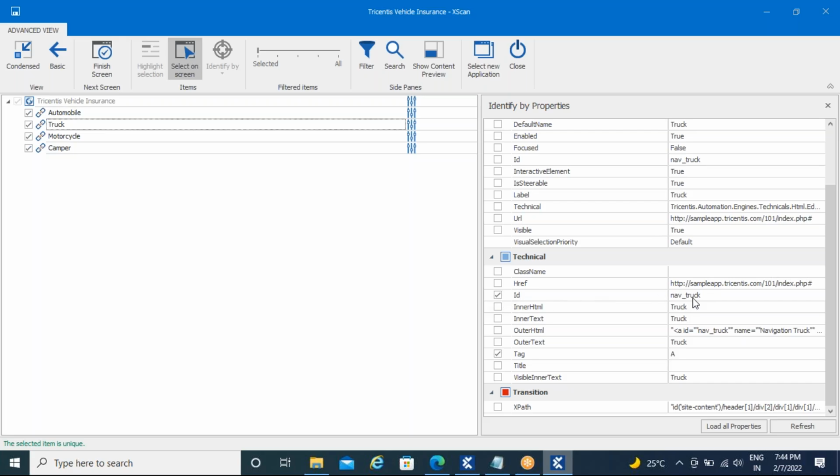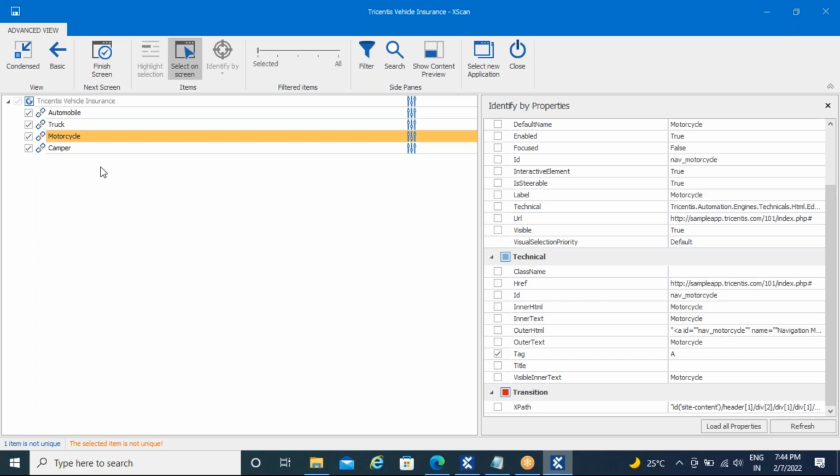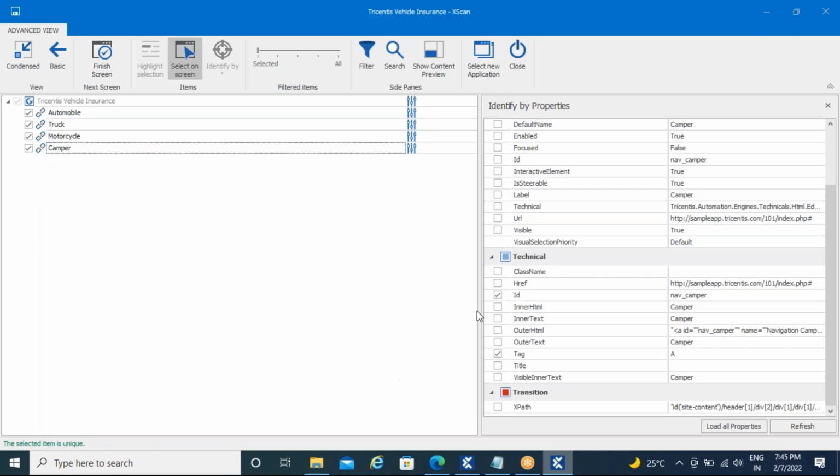ID navigation truck, then go to motorcycle, the ID is selected, and if you see at the bottom, the selected item is unique. When I uncheck this ID, I haven't made it unique, so the selected item is not unique over here. So I just select some properties in order to make Tosca understand the elements. I select ID. Now when I click on this element, the selected item is unique. Now select the camper, and the ID is already present. So all my elements are unique now,